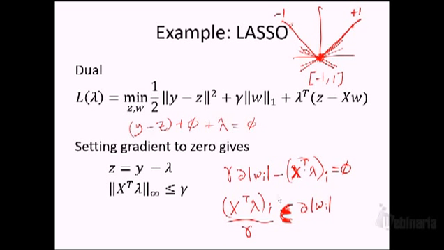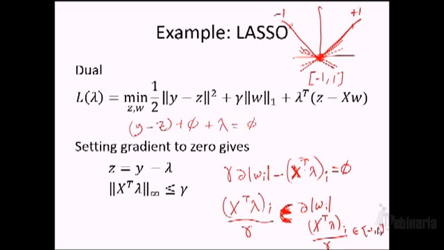But in order to have a valid solution, the left hand side has to be between -1 and 1. Otherwise, there is no wi for which the subdifferential can include the left hand side. And so that means x transpose lambda I